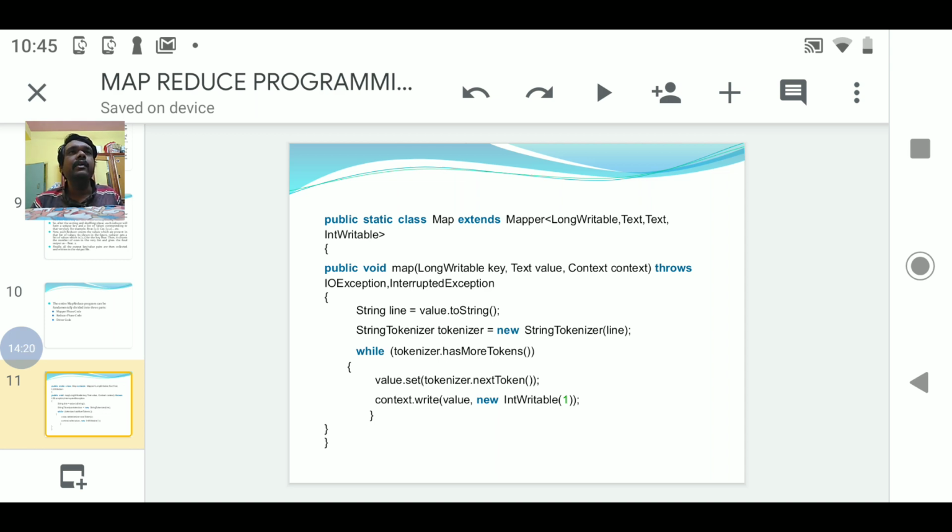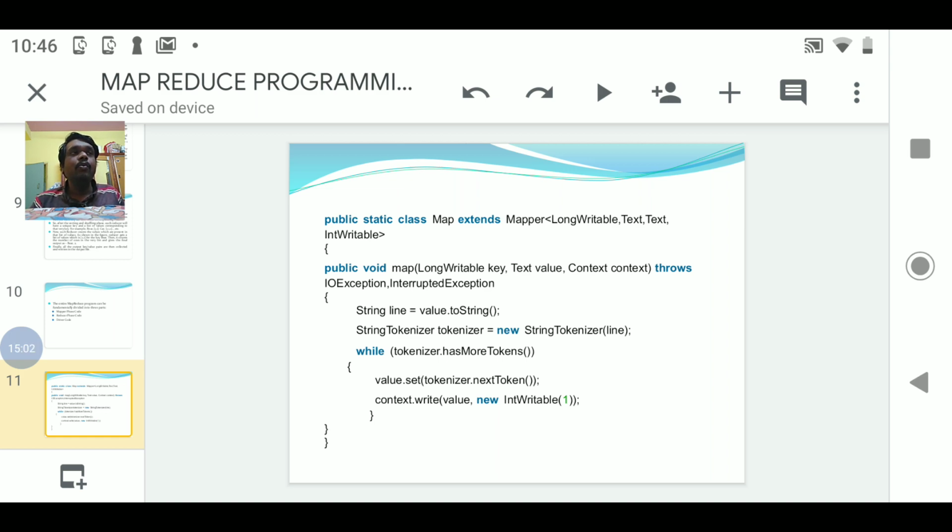We know that the mapper phase receives the input from the record reader. So what does the record reader do? It reads one line from the file, from the split file, and it has 2 parts, a key and a value. One is the byte offset, and the next one is the line. This will be the input to the mapper. As I told you, byte offset is an integer value, so that's the reason we have mentioned it as LongWritable. Text is the value itself.